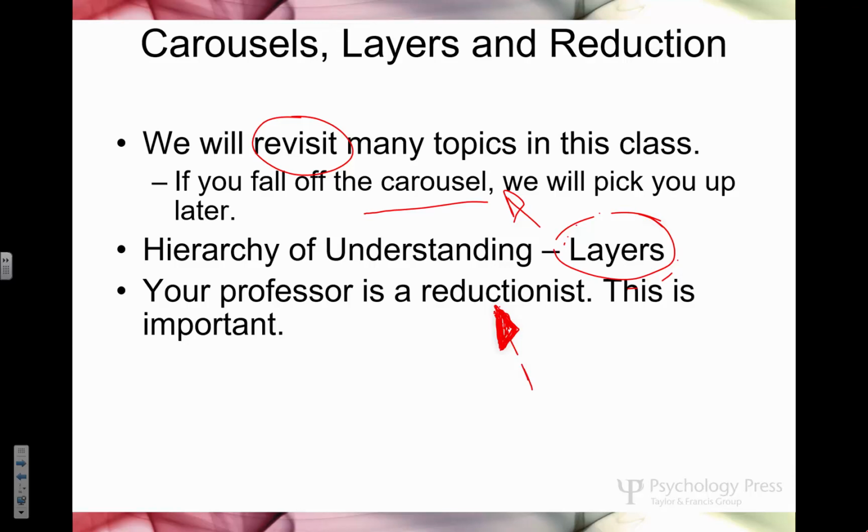Scurvy is a breakdown of the collagen in your body. Collagen is one of the number one proteins that you've got that holds you together. If your collagen breaks down, stuff falls apart, right? Like literally, chunks of you will fall off. Okay. So what's the key ingredient in making collagen? Believe it or not, it's citric acid, right? Or ascorbic acid. So you need this from citrus fruits, right?